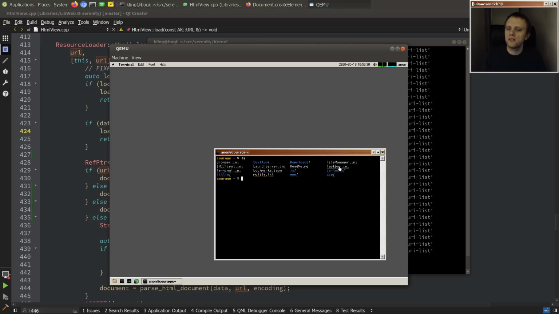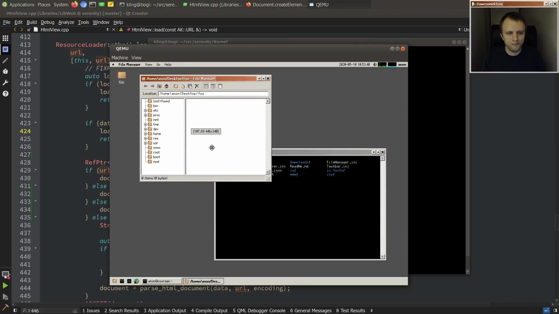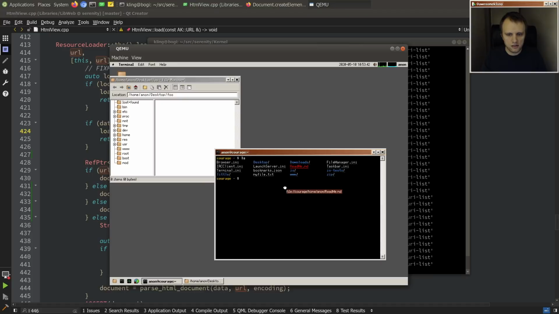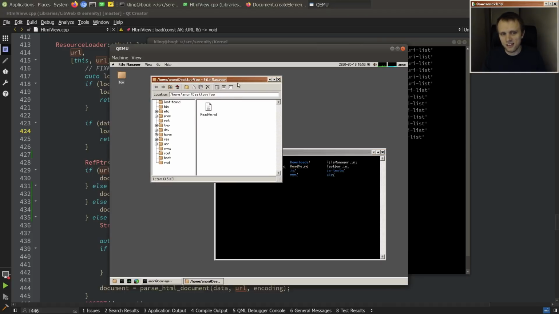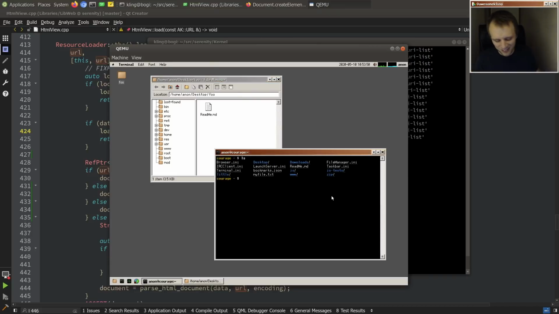So now you can drag URLs from the terminal, and if we have a directory here, let's open it up, I can actually drag a file from the terminal into this directory, and I think that's kind of neat. It's just a little thing. I just wanted to show you. Anyway,